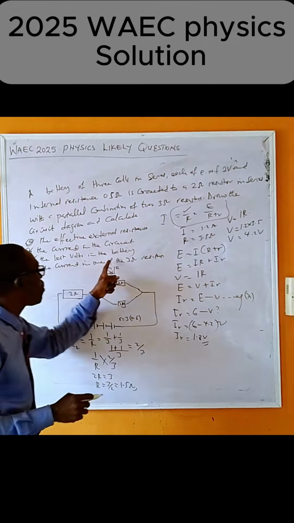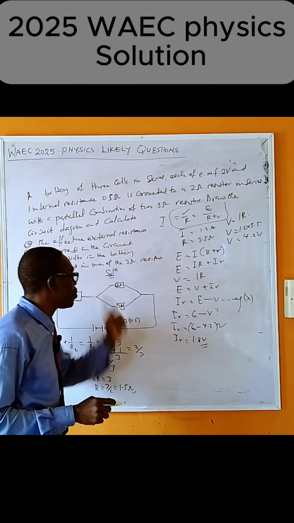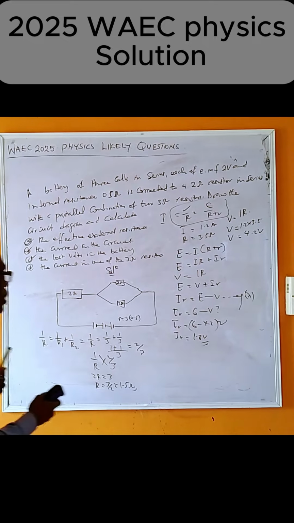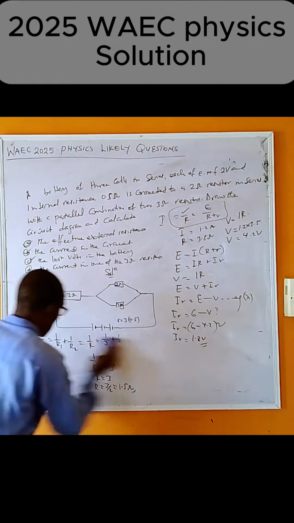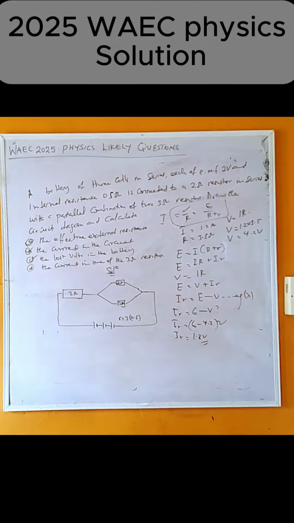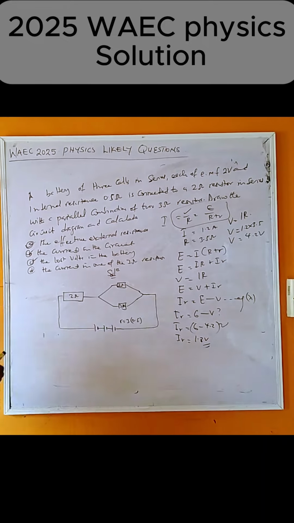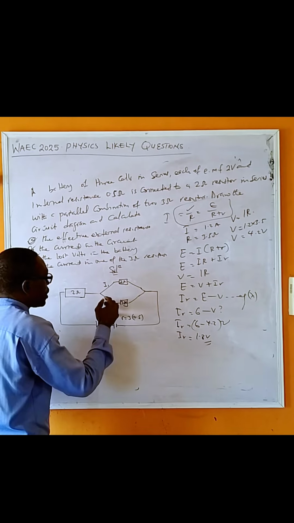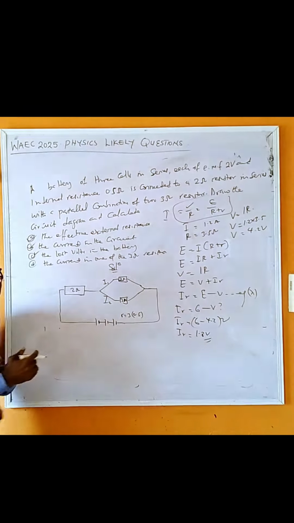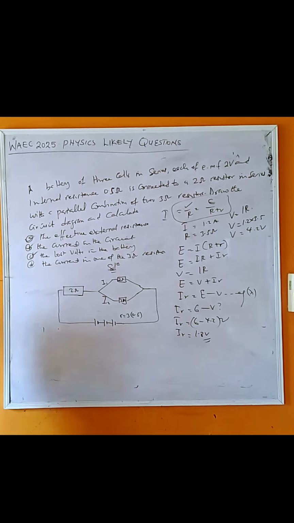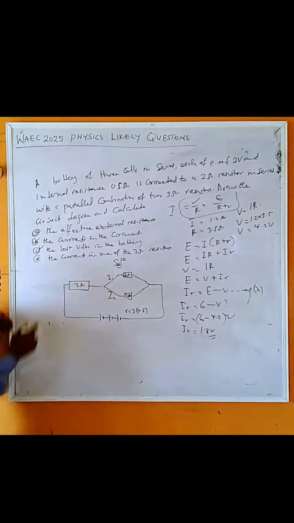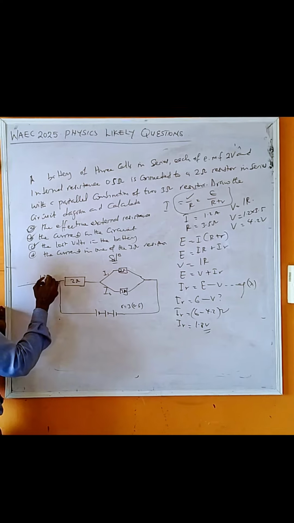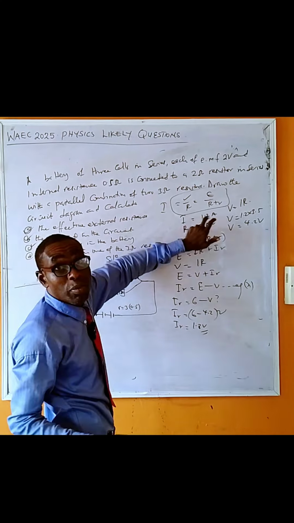So the current in one of the 3 ohm resistors. We want to find the current in the 3 ohm resistor. So now let's clean this place. Now, if you look at this critically, the current will divide here and be divided into 2. They want you to apply your brain. What is the total current coming here? According to what I put for you, 1.2 ampere. You can see it's coming here.